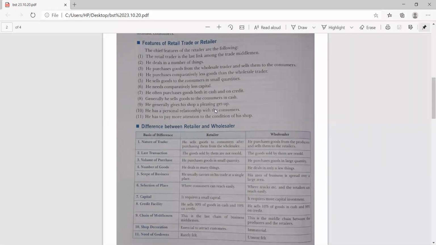Many times you have seen, when you go to the market to buy one or two articles, you get attracted by the display done by the retailer and you buy more things than you wanted to buy. Does it happen to you anytime? Yes, students, I just want to ask you, does it happen to you?